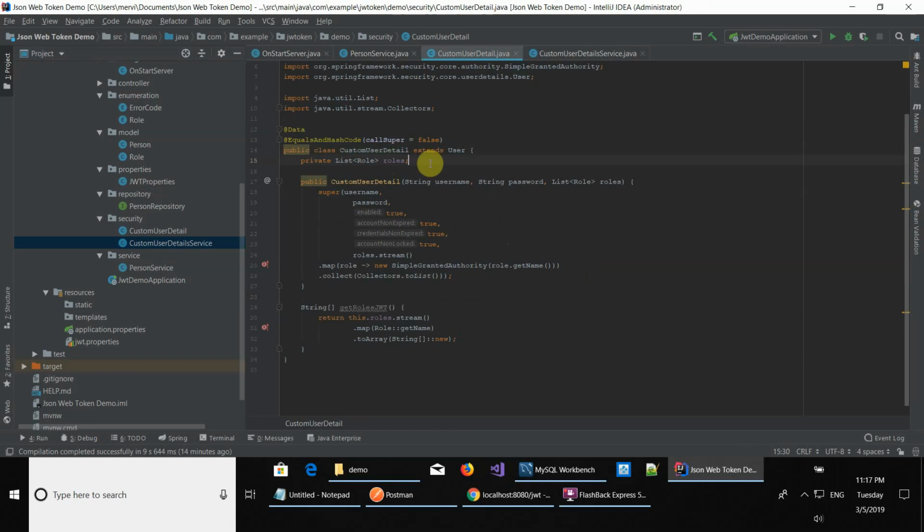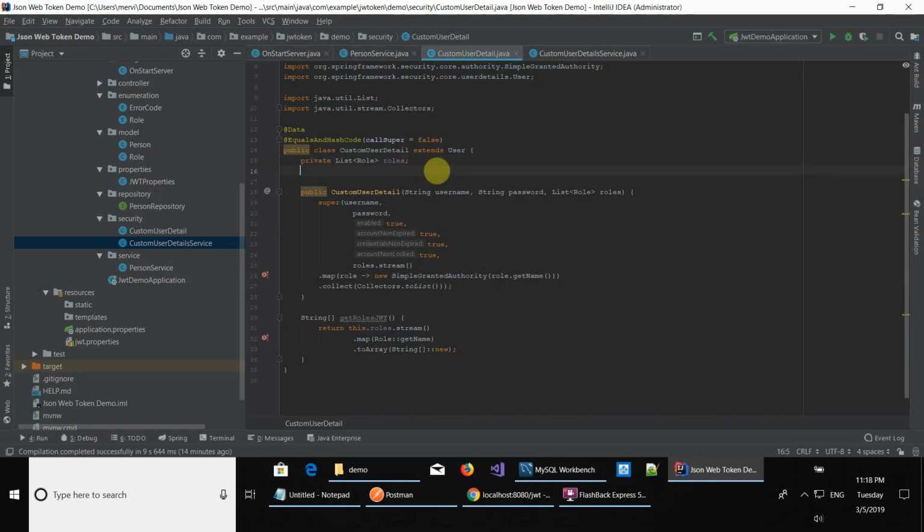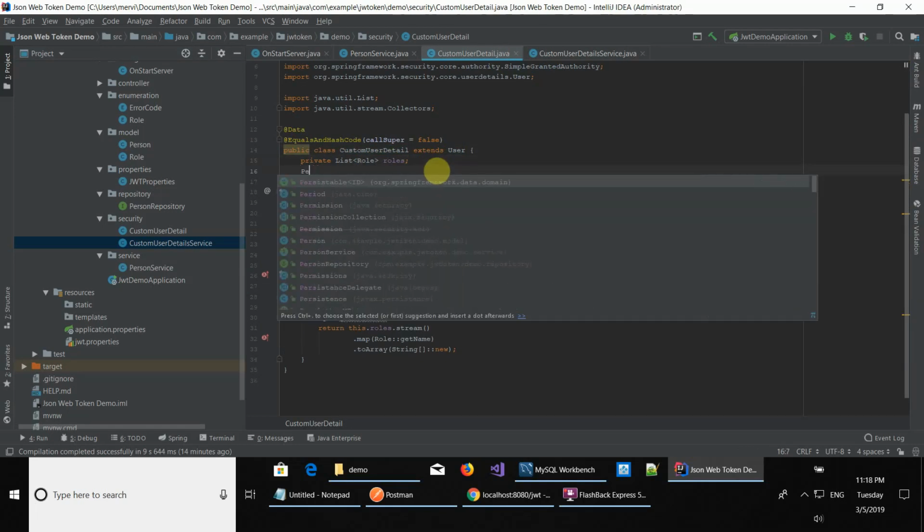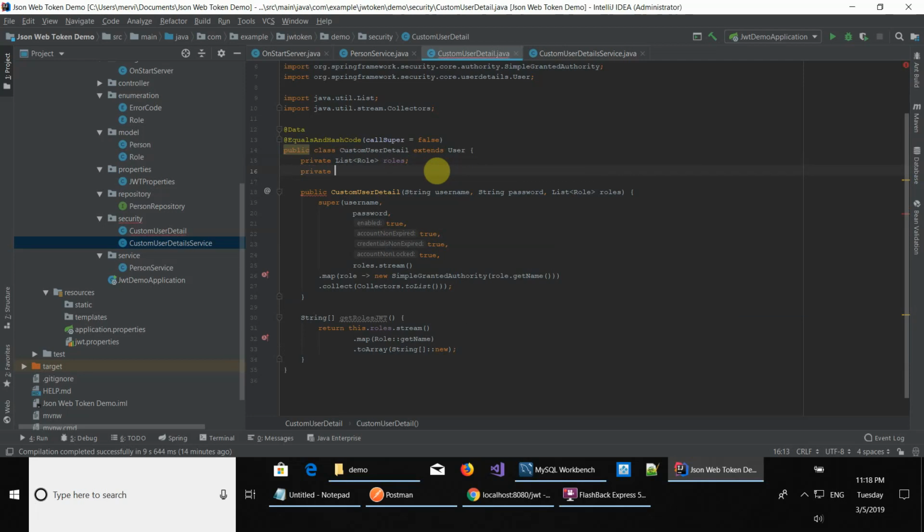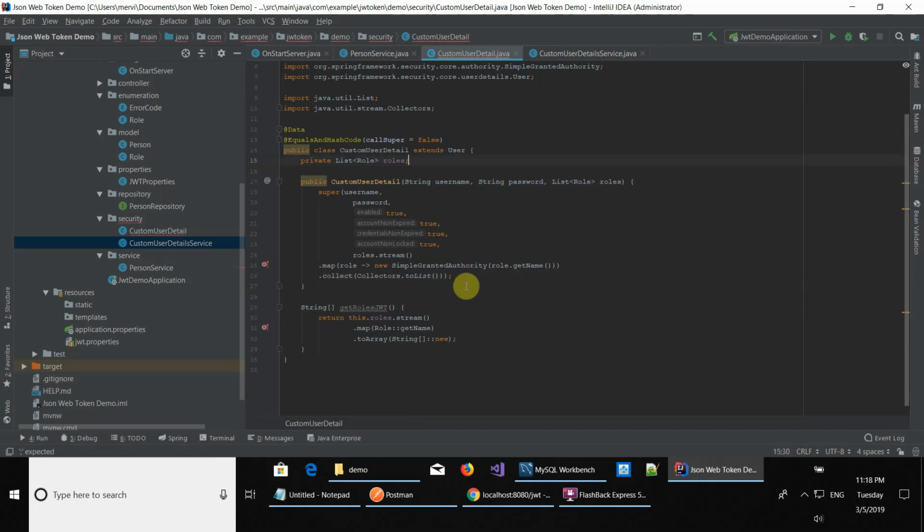Okay, in the next video we're going to be implementing the JWT authentication filter, which is going to be using the custom user details, and the custom user details is already using the custom user detail. Remember, anything that you need to put in the JWT token, it's good practice to pass it here. Okay, if you need to pass the whole object, you can also pass the whole object here like this. If you have a lot of details of that object that you want to put in the JWT token, then you can just pass it in the constructor and assign it like a normal class initialization. Okay, and then this person you will later get in the JWT authentication filter when the user